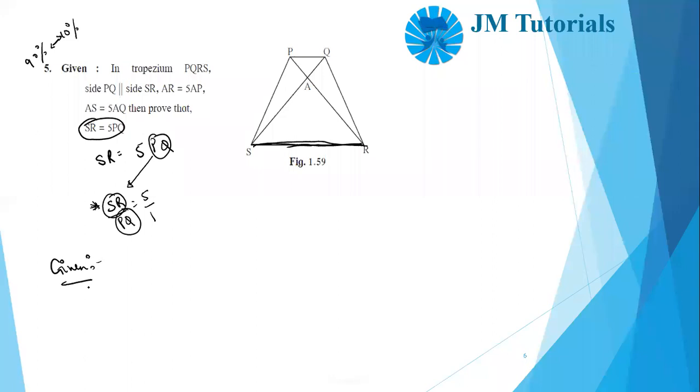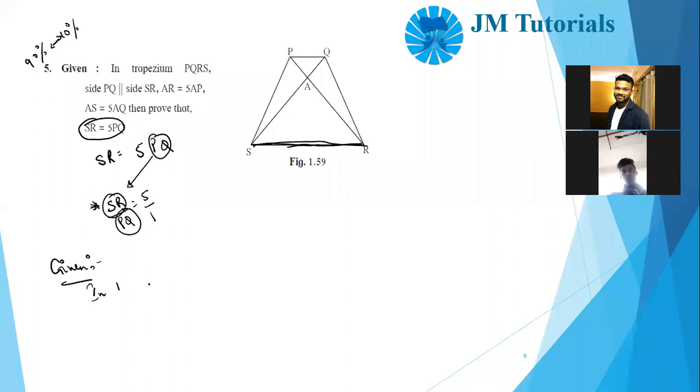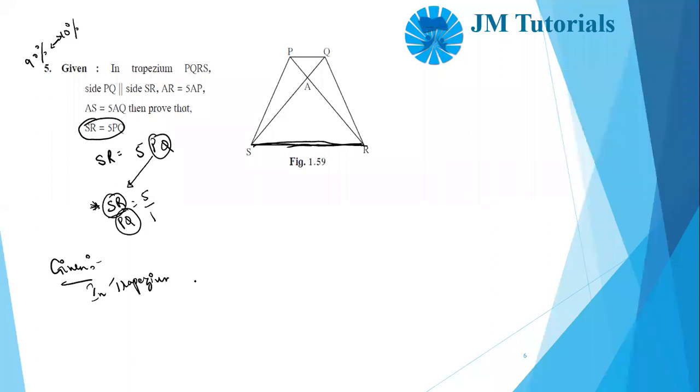Okay. Now what is given? In trapezium PQRS, PQ is parallel to SR. Like I always told you, whenever they are parallel, you try putting equal marks. PQ is parallel to SR. They have given something, because you can't prove directly it is 5 upon 1 like this only. You need to have the same relation somewhere. So they have given you AR is equal to 5, but I'll see how to use that later.